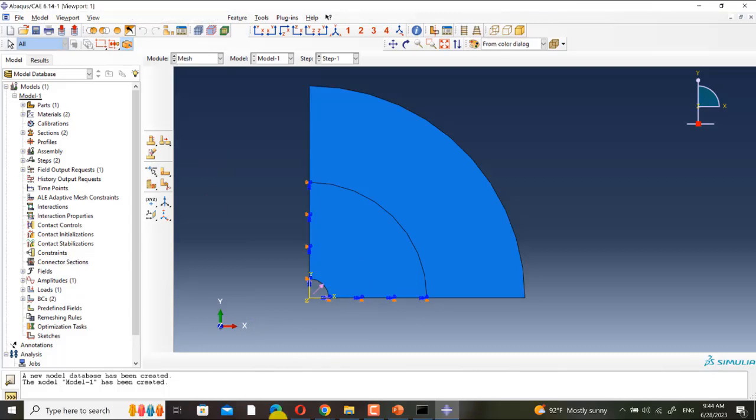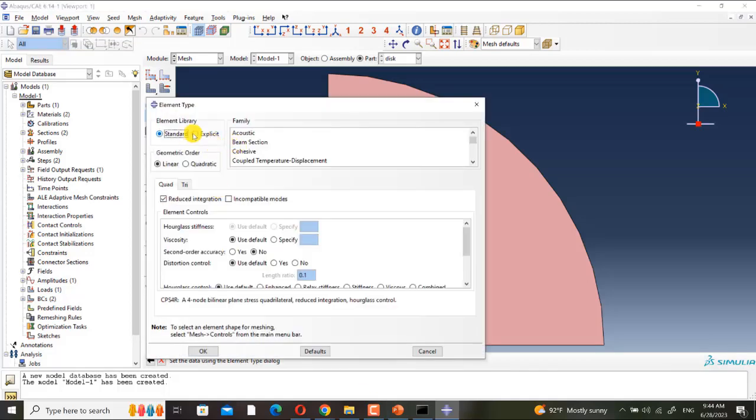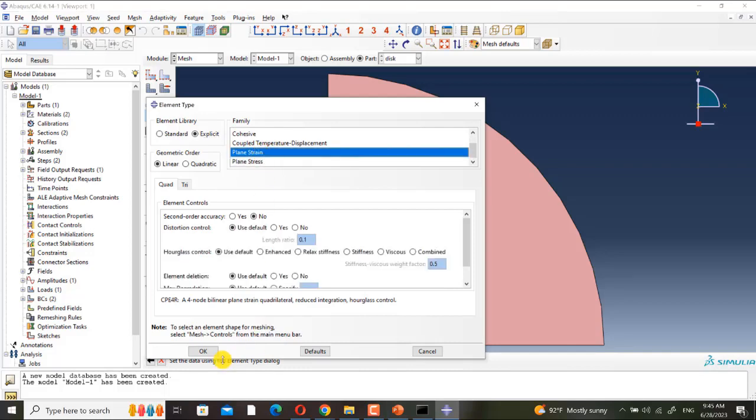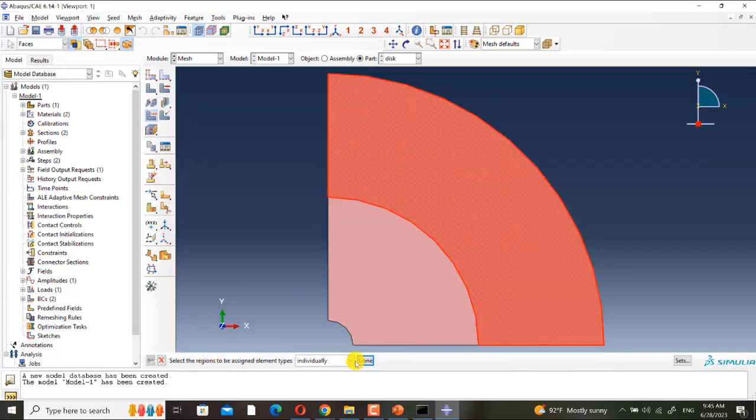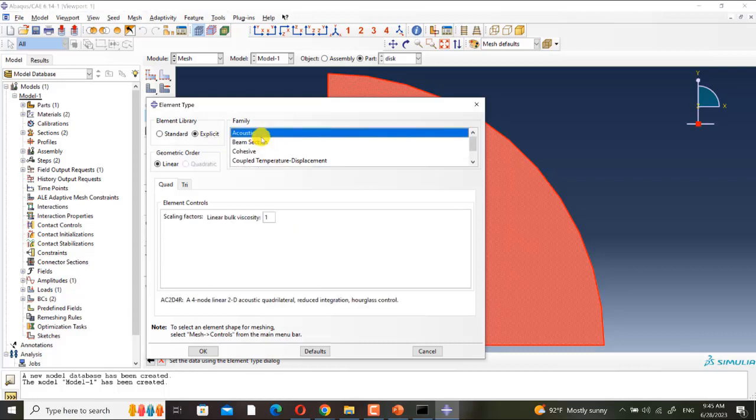Okay, I go to the mesh module. For here, I set it to explicit linear plane strain. Also for here, I set it to acoustic. If you use this, you will define acoustic elements, not infinite elements.